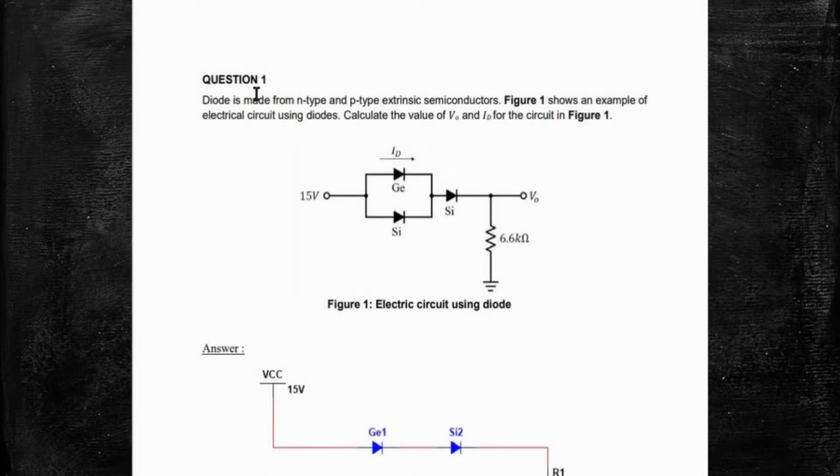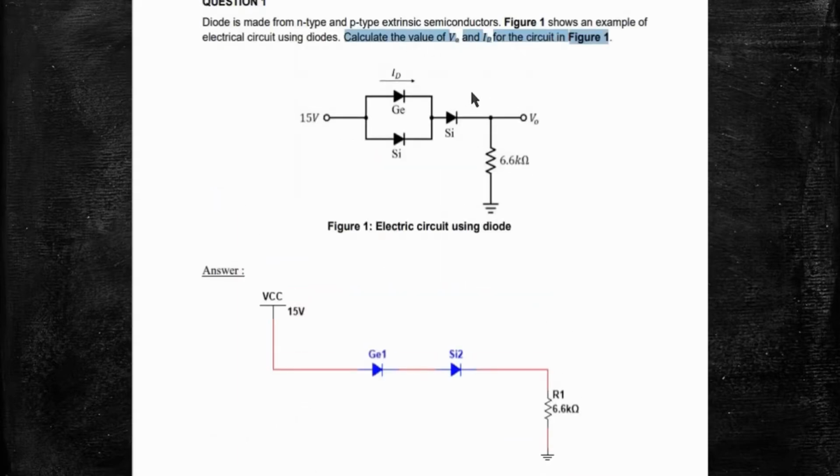For question number 1, the question wants us to calculate the value of V0 and ID for the circuit in figure 1. V0 is the voltage across the resistance and ID is the current flowing through the diode. This diode is in parallel configuration, with one silicon and one germanium diode. The silicon diode has a built-in potential of 0.7 volt and the germanium diode has a built-in potential of